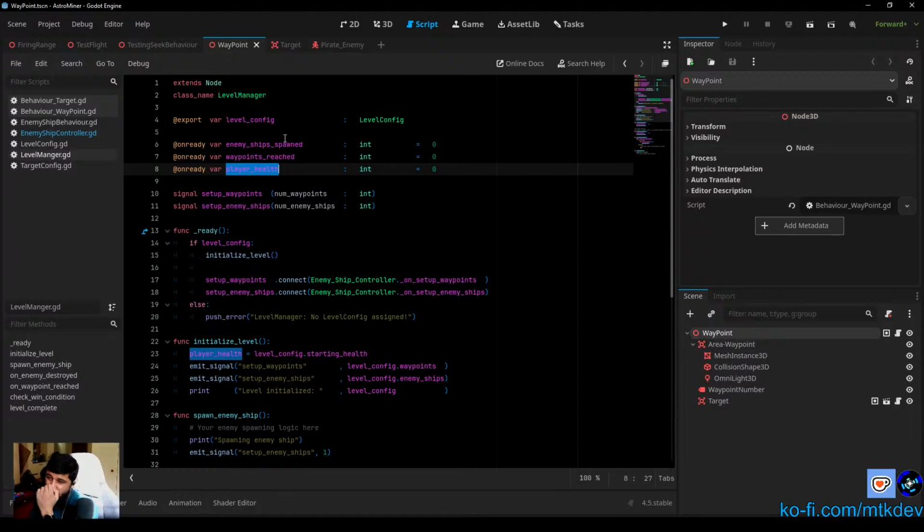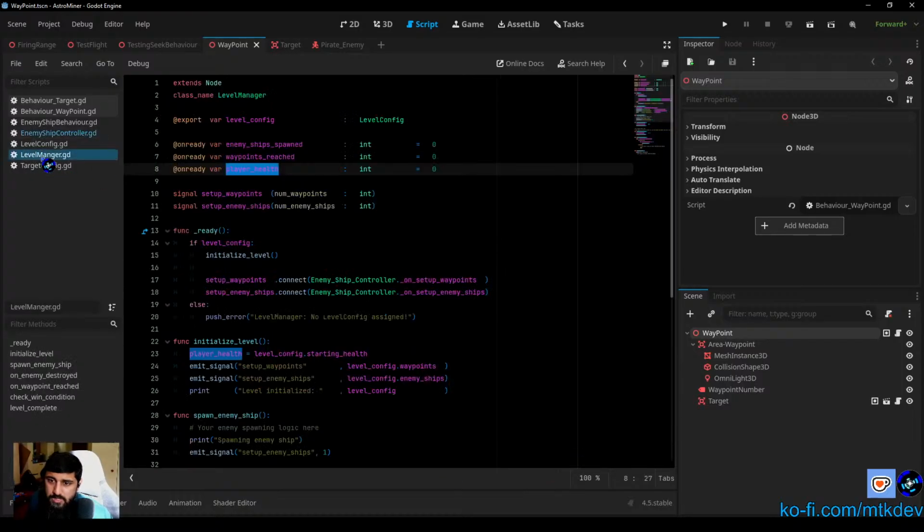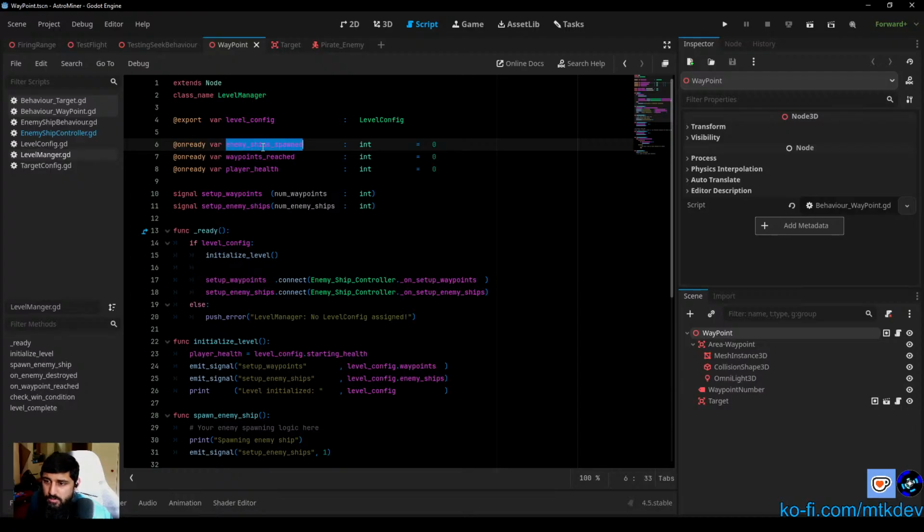Do we need this variable? We have a whole enemy ship controller to manage the enemy ships. So I don't think we need this. Although,